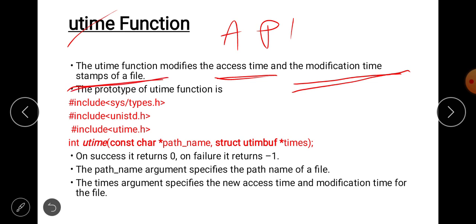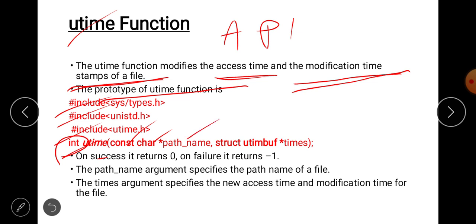The prototype of the utime function is #include sys/types.h, unistd.h, #include utime.h, and this is the prototype. int is the return type, utime is the function, const char is the data type.